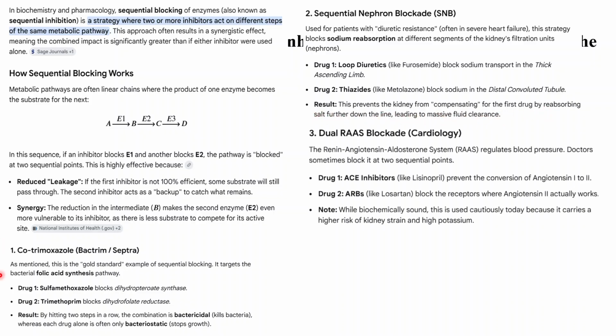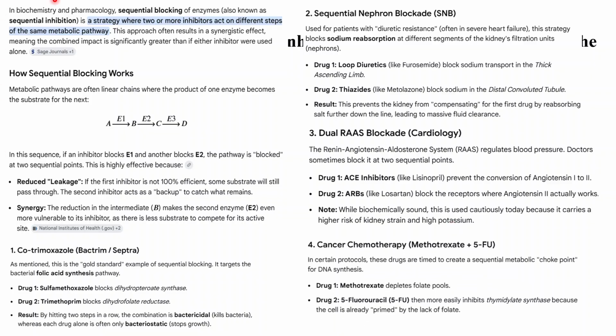Then dual RAS blockade. The renin-angiotensin-aldosterone system regulates blood pressure. Doctors sometimes use two different sequential points. One is an ACE inhibitor to prevent the conversion of angiotensin 1 to 2, and an ARB, that is angiotensin receptor blockers, like losartan, which block the receptors where angiotensin 2 actually works. Note that while biochemically sound, this is used cautiously today because it carries a high risk of kidney strain and